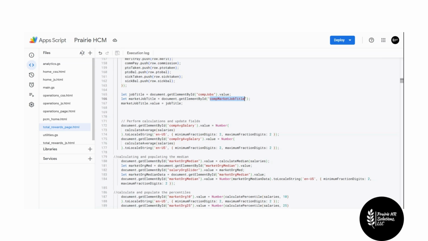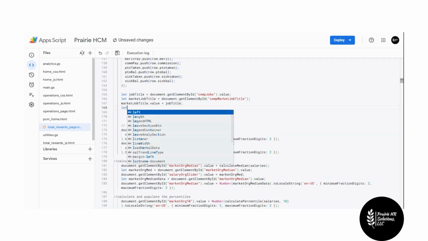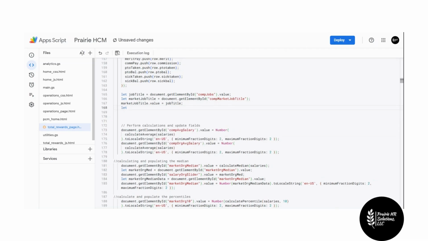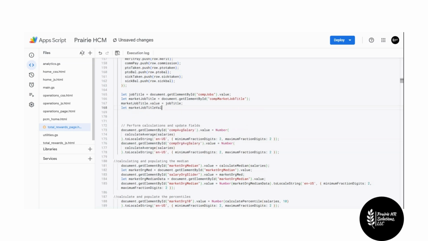And I mean, we could simply just create another variable getting this value. But since this value is already set to that, let's store that in a variable, let's just keep what we were doing. Title value is going to equal that job title as well. And then we can clean this up because eventually, we won't need all of this, but let's get it functional